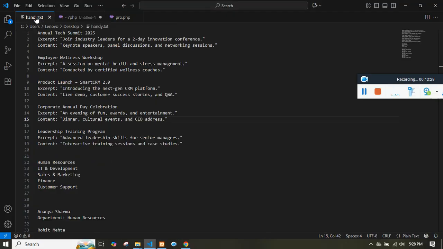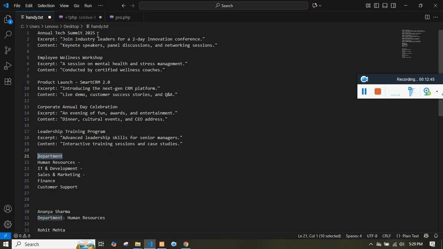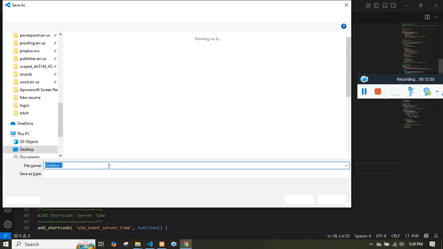Let's say I have a category called department, and these departments are called tags or terms in WordPress. So these are terms. And what is taxonomy? Taxonomy is department. I don't want this to be hierarchical. What if I want it to be just flat? If you want to make this flat, not hierarchical, you just need to pass false. If you refresh,